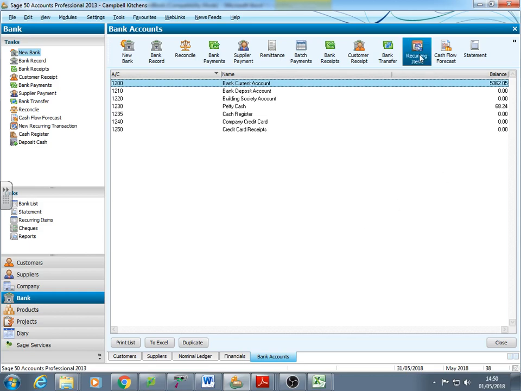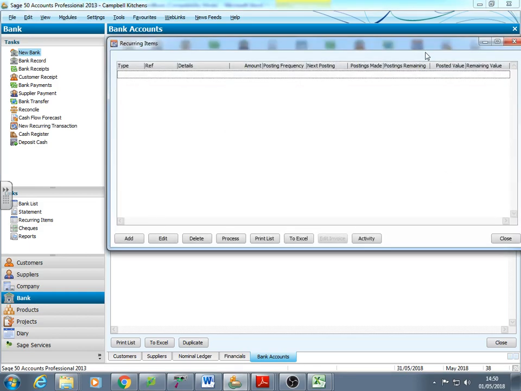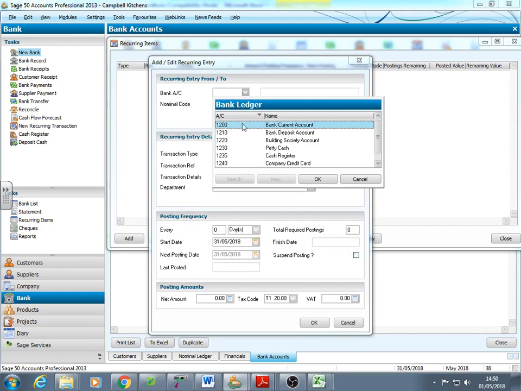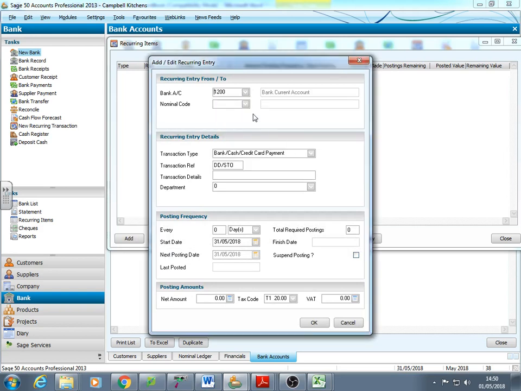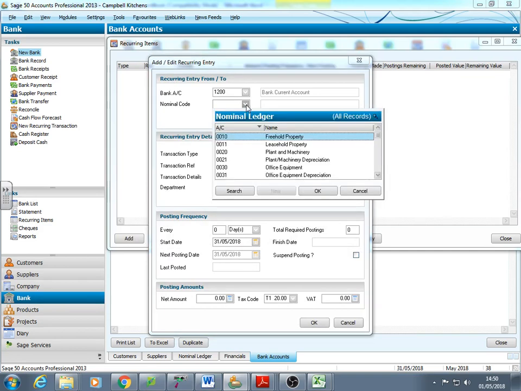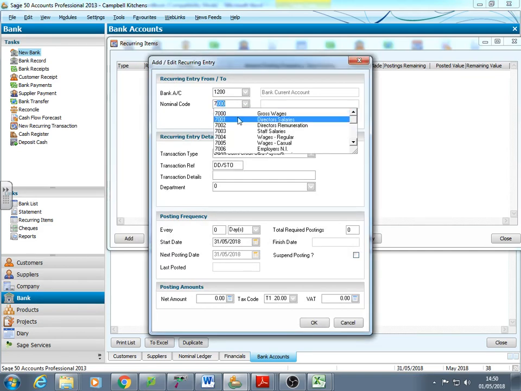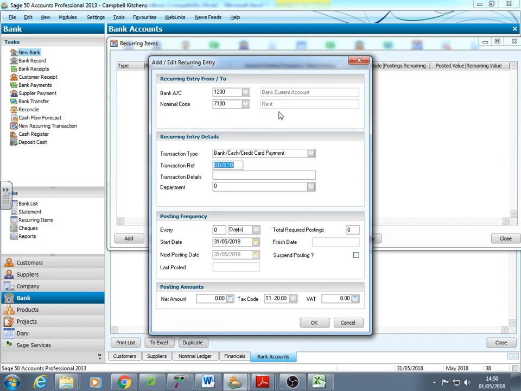So now, one of the things that causes a few problems, recurring items. So this is for a standing order, add, because it's a new one. It's coming out of our bank current account, and this one's going to be for rent. So start off again at 7,000, see what comes up. Yeah, a bit fast there. That'll do. So it's a direct debit, give it the details, it's every